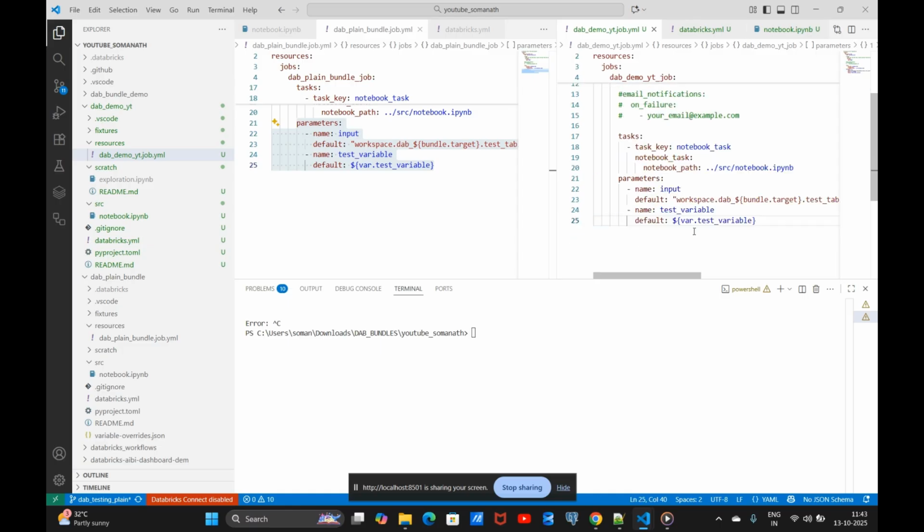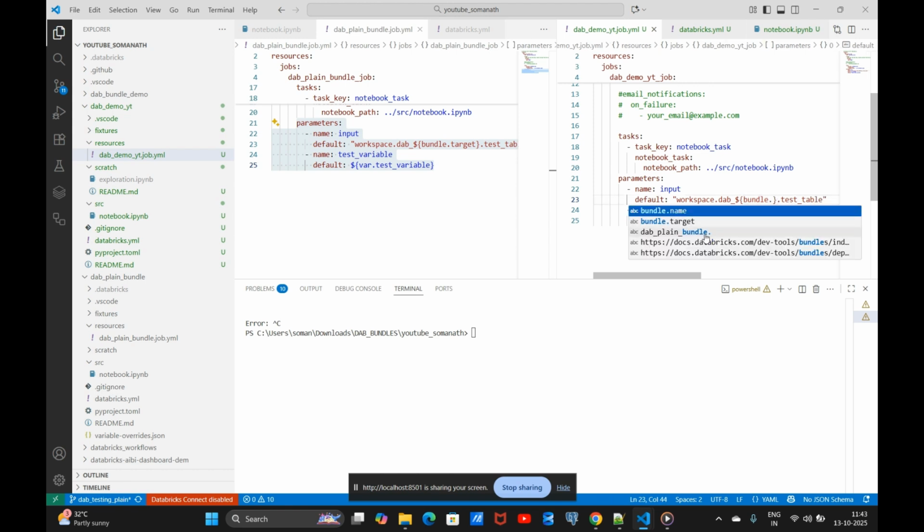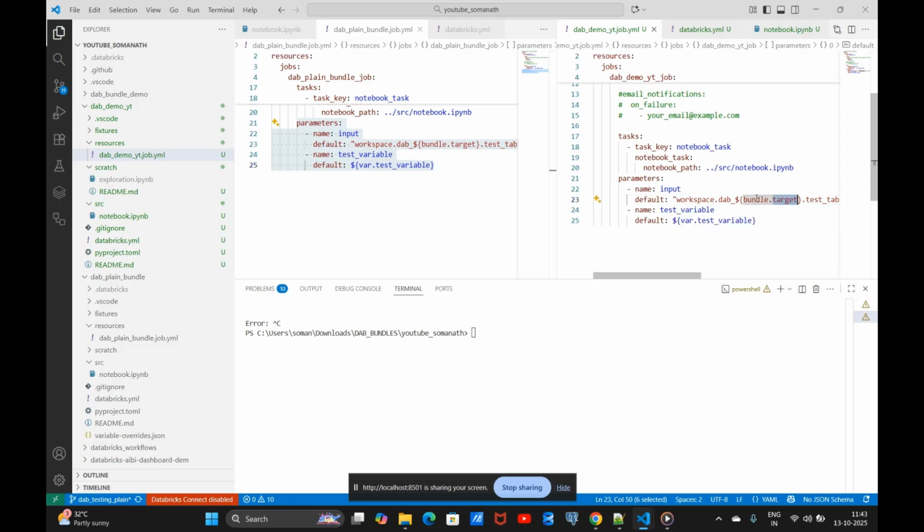So if you see here, now one thing which you can see is there are a couple of things which are interesting. Number one is, if you see here, I have given an input, and then we have to give a default value. So for dev, we have these variables. The system variables will be there in bundles. So bundle dot target, and you will have other things as well, bundle dot name. So these are similar to your workflow dynamic variables. You have these specific variables which can be used to basically